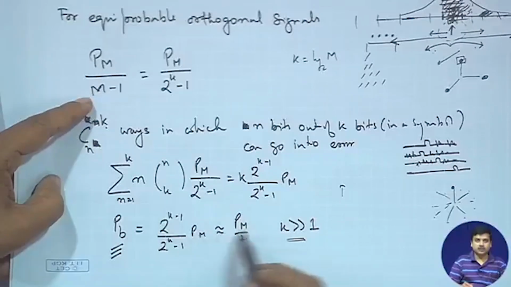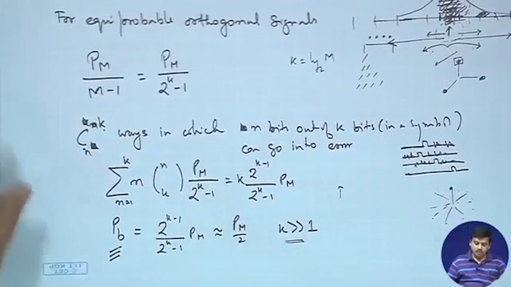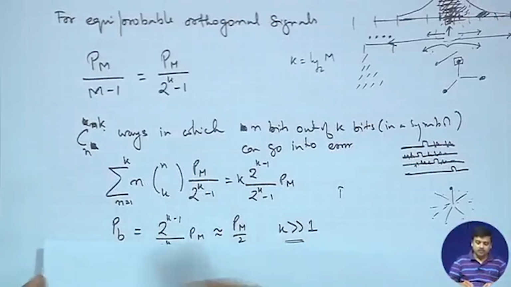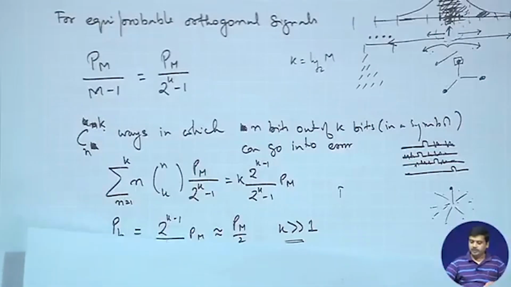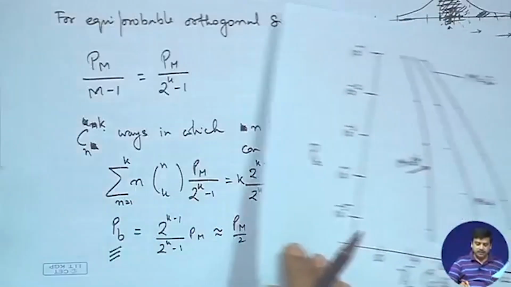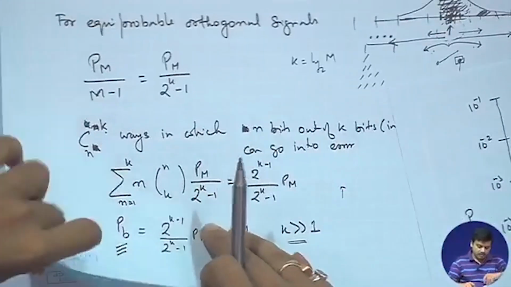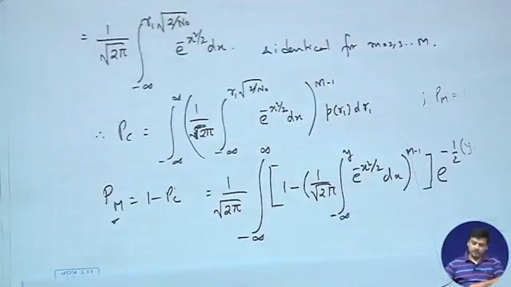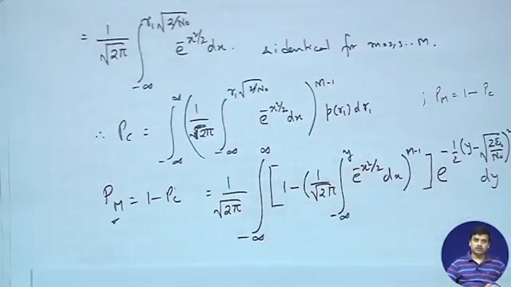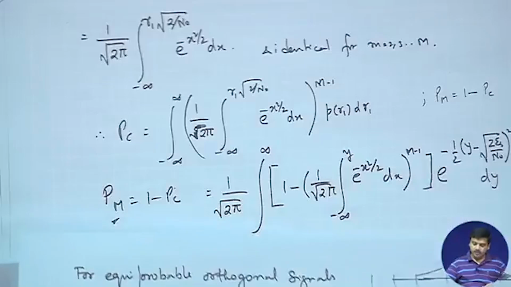This is an approximation that you can reach, translating the symbol error to bit error probability. So, using that and the numerical solution of this expression with Eb by N naught,